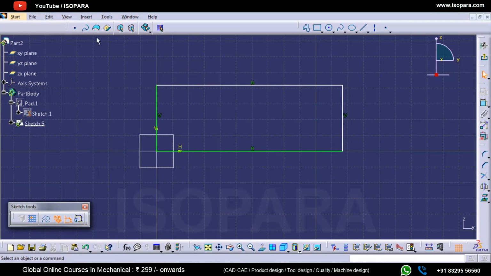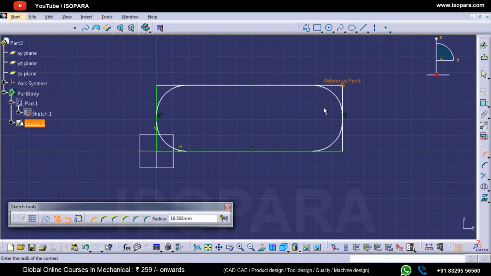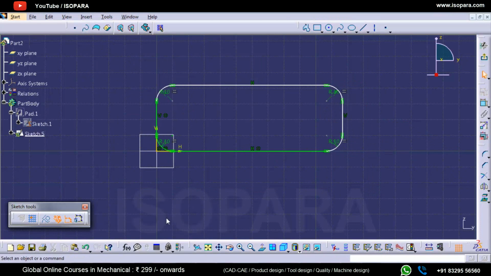So what I can do, I can use the user selection filter as a point filter. I can drag over it and every point is now selected. I uncheck this one once again and go to the corner command. Now if I put in the corner, let's suppose 10 mm, and enter, you will get a 10 mm fillet everywhere, and you will also see here that equal sign, that everyone has an equal value,